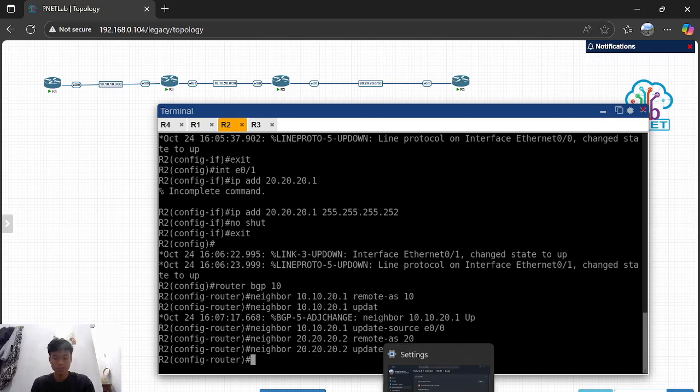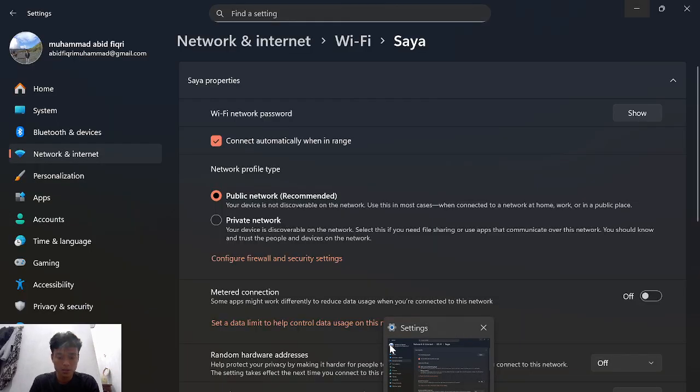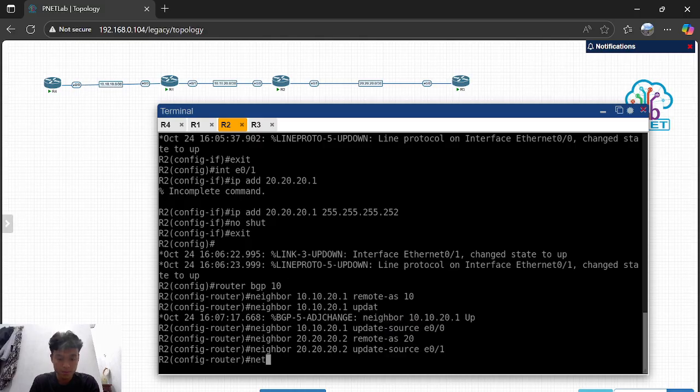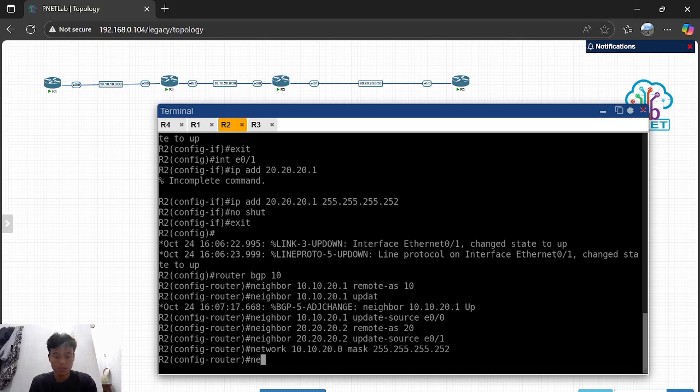And after this you must fill in the network, guys, with subnet mask, and another network.